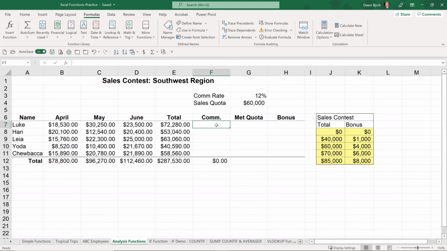Let's look at a quick example. In this case, then, I'm going to say that the commission is equal to, so I start with an equal, and we'll move over to that total, multiply it by, that's our asterisk, and our commission rate. Okay, that looks right. Now, as I drag it down, some of you already know what's going to happen. That did not work so well. Now I might want this commission for sure. That is,